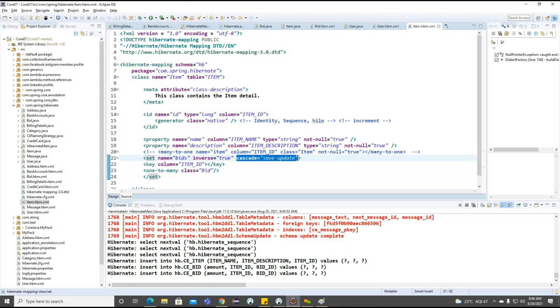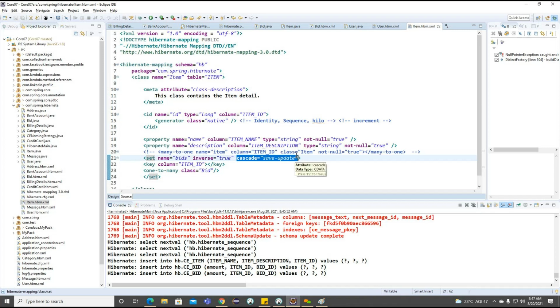And the cascade here provides the information about what kind of operation we want, like whatever data we want to update. So only for updation, it takes the bidirectional operation. For deletion, it's not going to take; for deletion, only one side table performs the operation here.